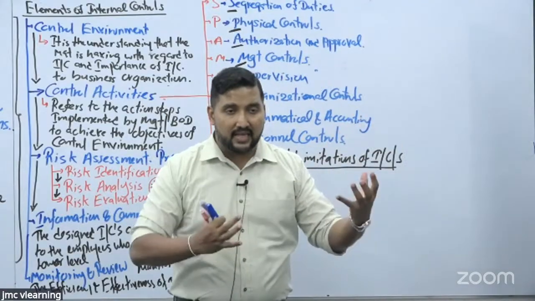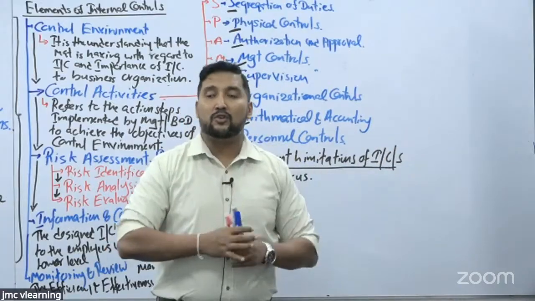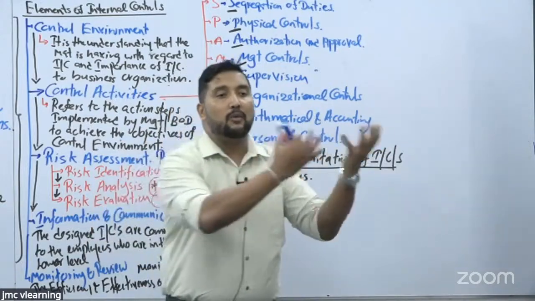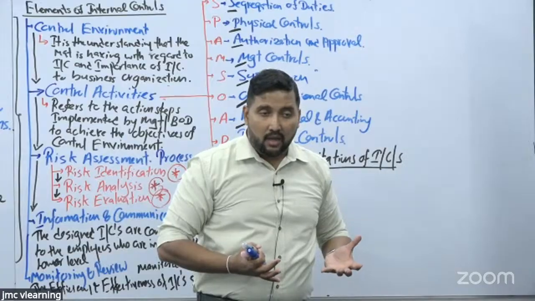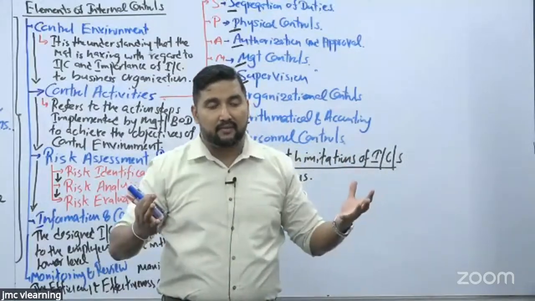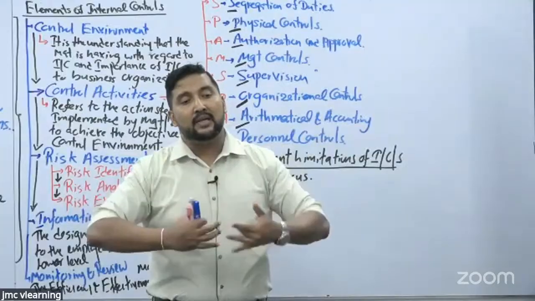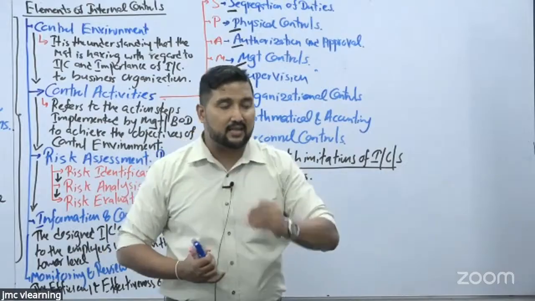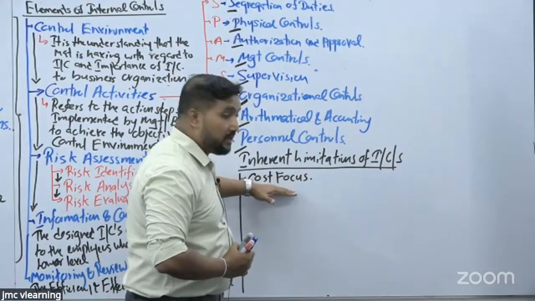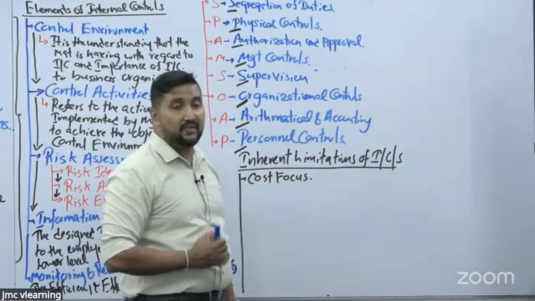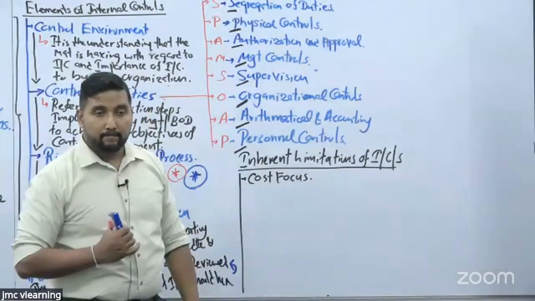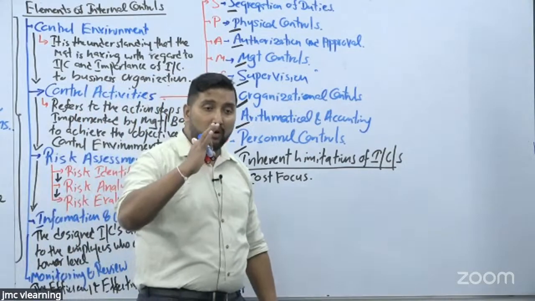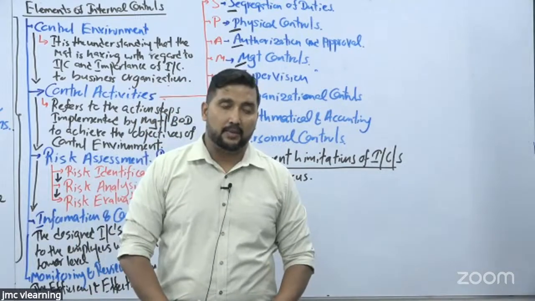Agreed. So in that context, you need to compare from that angle rather than comparing 600,000 versus the monetary benefit. If you are comparing from that perspective, the advantage of implementing the internal control will not effectively come to the business organization, which is considered an inherent limitation of internal control, referred to as cost focus. Are we clear on this? Yes, sir. Yes or no? Yes. Okay. To give more clarity, I'll give you a classic example.